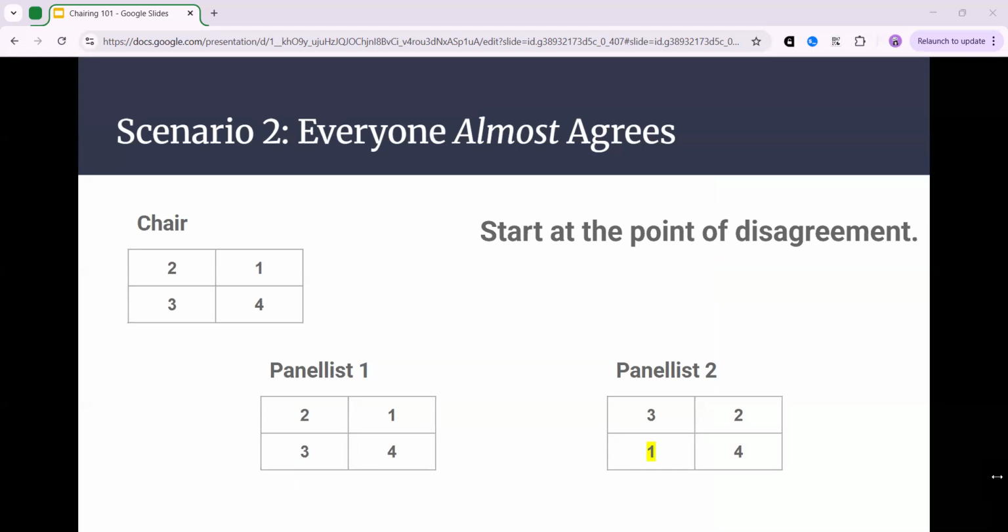In this case, the second panelist has quite a different read of closing government. And what that might tell you is that maybe the other two think that opening government has beaten closing government because CG is derivative, or maybe that CG's case is contingent on OG or something like this, but that the other panelist doesn't think so. So you likely want to start with either positioning CG against OG or positioning CG against OO. It might depend on the debate that's taking place. I would say that more of the time, people's disagreement over how a back half team is done has to do with their relationship with their openings, so derivativeness or lack of weighing or contingency. It might be a better idea to start with the gov bench, but ultimately you should start with comparing